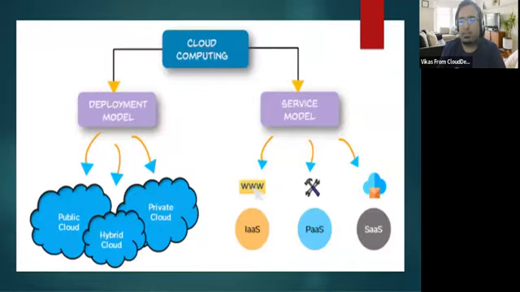When I'm talking about cloud computing, it is divided into two parts: deployment model and service model. When I'm talking about the deployment model, three varieties of clouds are there: public cloud, private cloud, and hybrid cloud. That is called the deployment model. There is also the service model: infrastructure as a service, platform as a service, and software as a service. We have to be aware of all these services, at bare minimum, to understand the fundamentals. I will take care of examples from the different services.